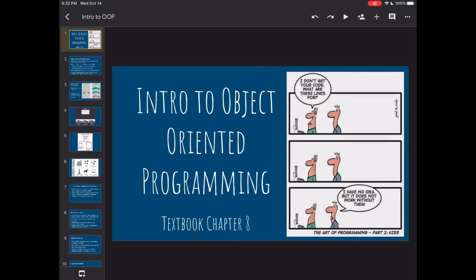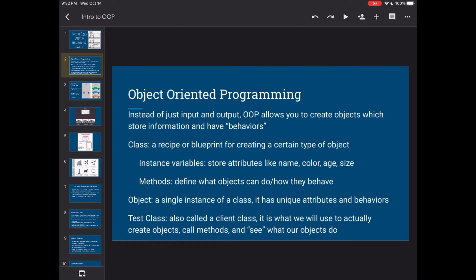So the first thing, Java is what you call an object-oriented language, meaning that most of the things that we are going to work with are objects. The idea is to create objects that we can work with, right? Objects have attributes, they have behaviors, they have all of these things we can do, right? I thought this comic was kind of funny, that's why I put it on this front page. But let's talk